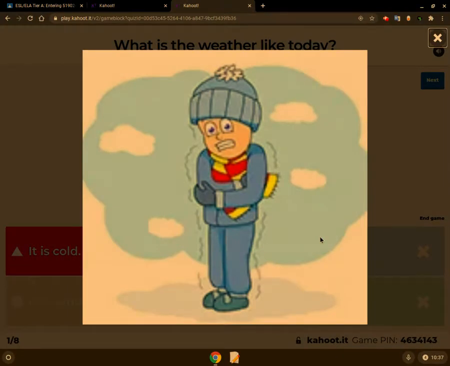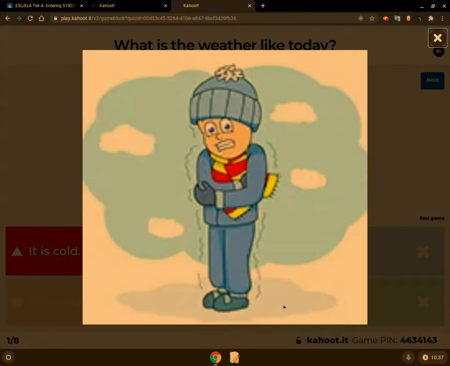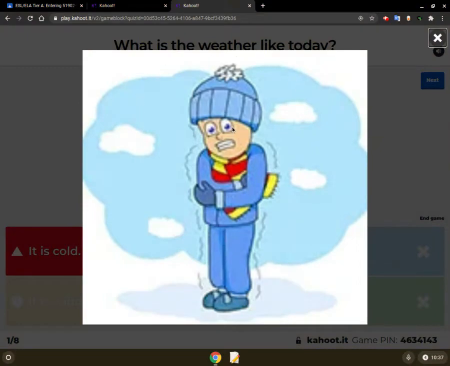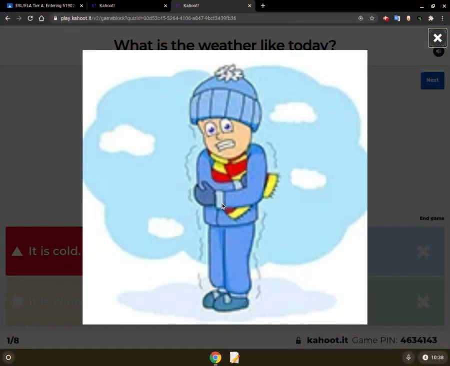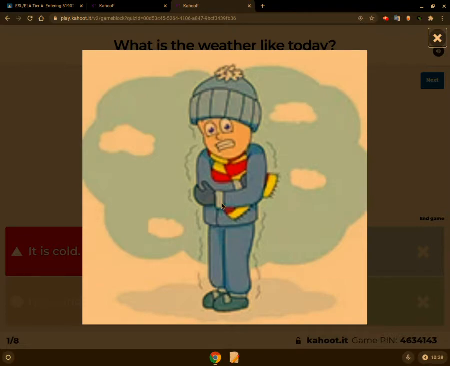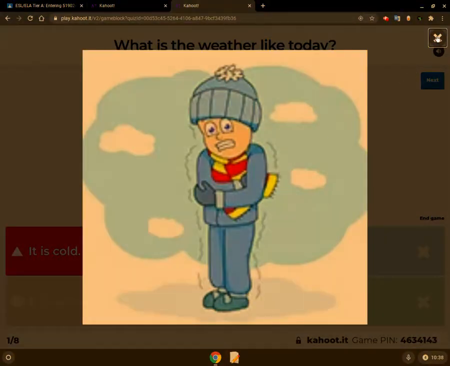So he's got a jacket on. What else does he have on? A scarf. Yep, he's got a scarf around his neck. What about on his head? So it's not a cap, but it's like a winter hat, right? The clothes that he has on are big, bulky clothes, which means he's trying to stay warm. A winter hat is very thick. A scarf is very thick. So we can also tell, because of how he's dressed, what the temperature might be and what the weather might be. Very good.